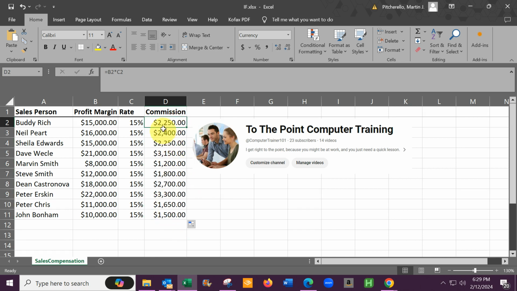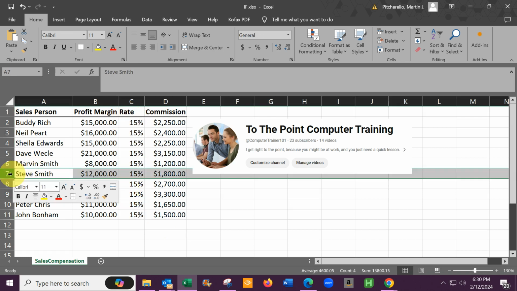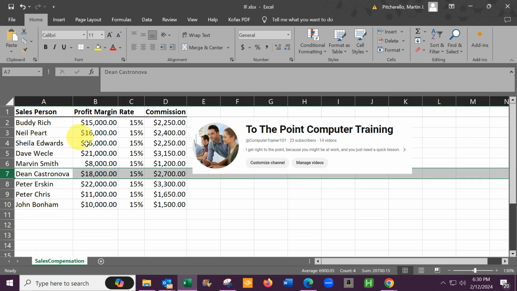through the range. The only thing that has to be in place for this to work is that this data on the left has to be all touching. It has to be all together. If there's a space in the data to the left here, for this example, if I deleted this row